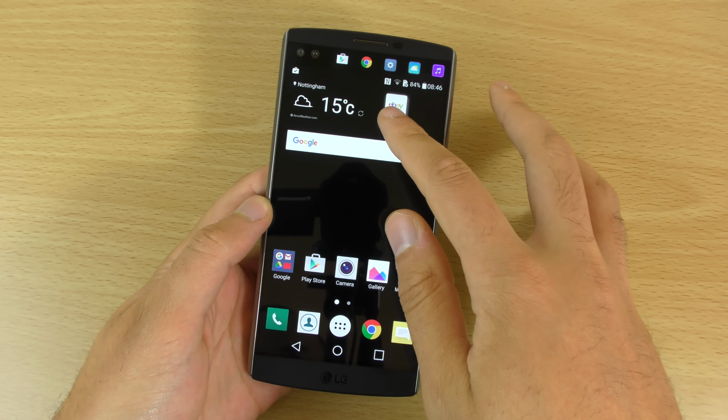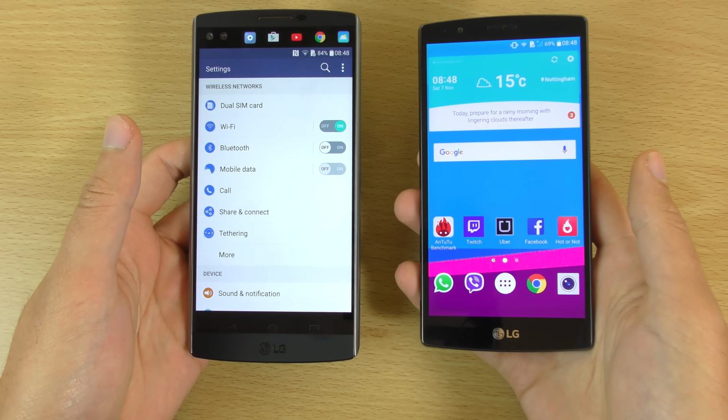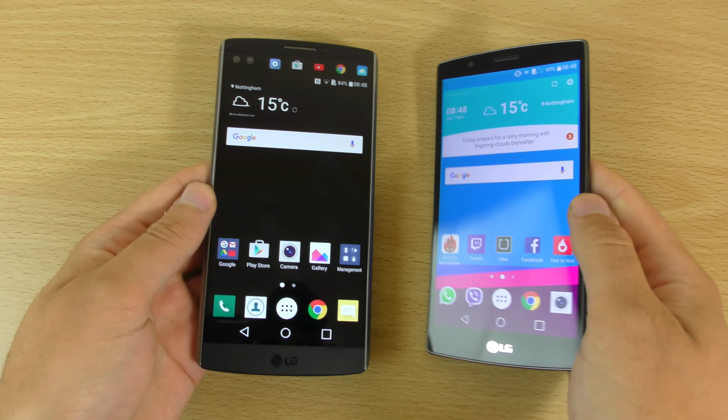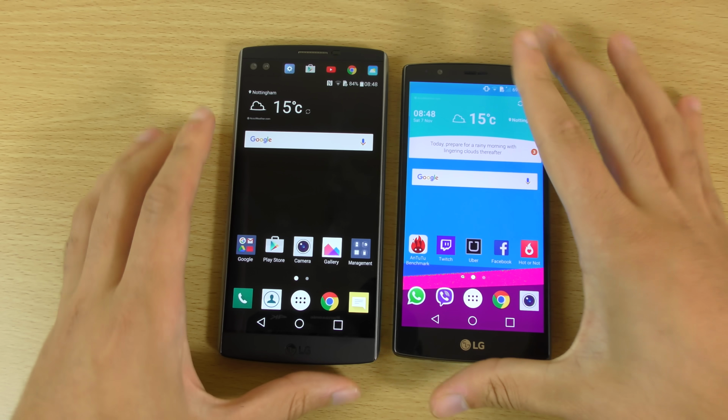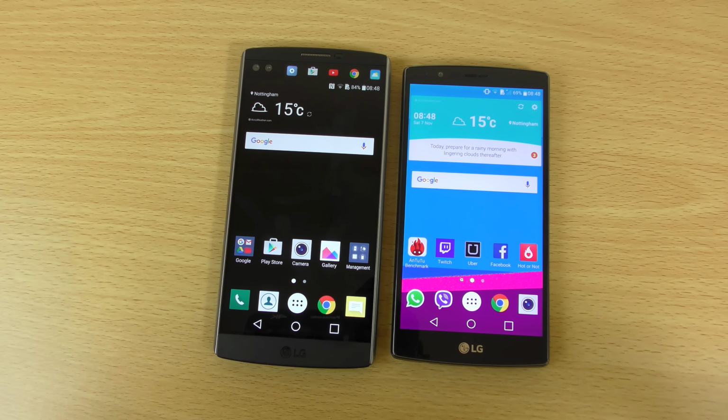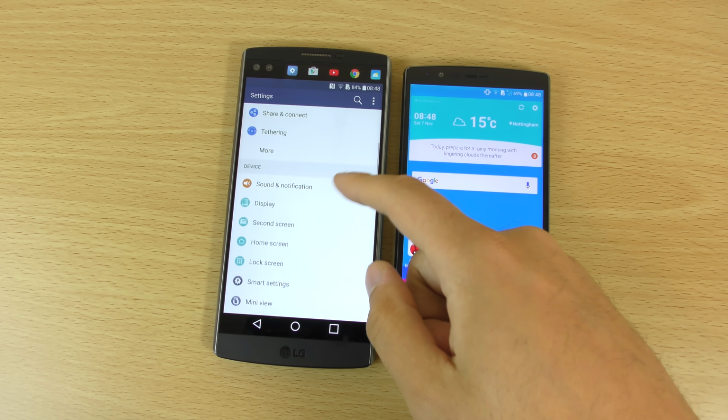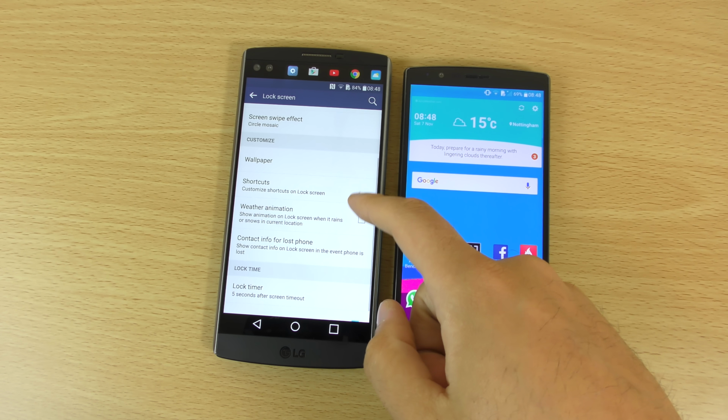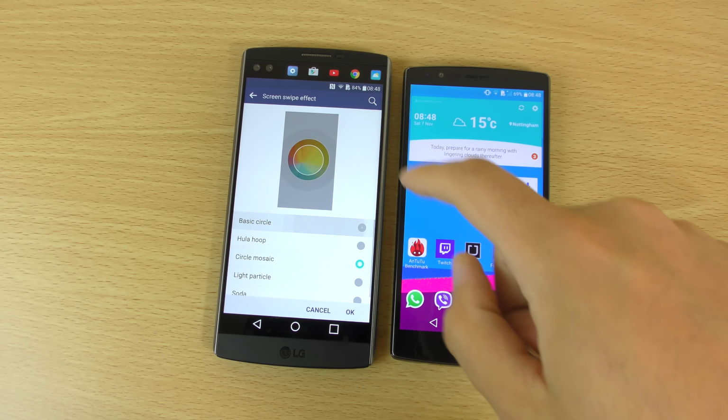And you can see from the lock screen, actually it looks a lot more professional here if I compare it with the G4. So if I just put them side to side here, you can see basically they seem to have gone with more of a professional look about it, which is much more attractive if you ask me. You still get access to your customization options of the lock screen. Like you can see, I've put a different one on there, but there are some other ones for those who don't particularly like the fancy animations. For example, you can have just basic circle,